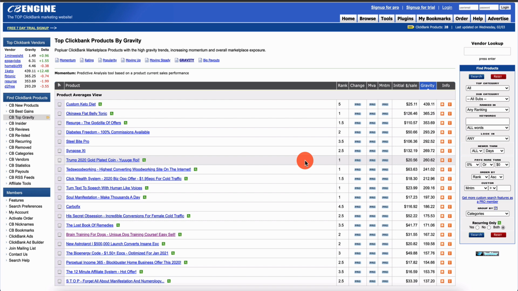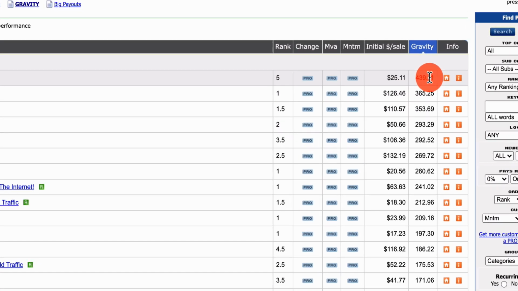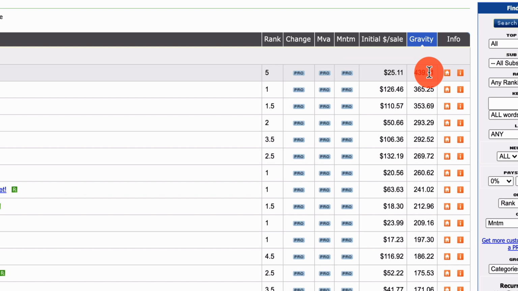Top Gravity tells you the products that are the most popular, products that are being promoted the most, products that are making the most money. And so you have initial dollar per sale here, and you have the gravity. And look at this gravity, custom keto diet. This is sky high gravity. It's very, very high gravity. And that means that a lot of people are making money with this product, and a lot of people are